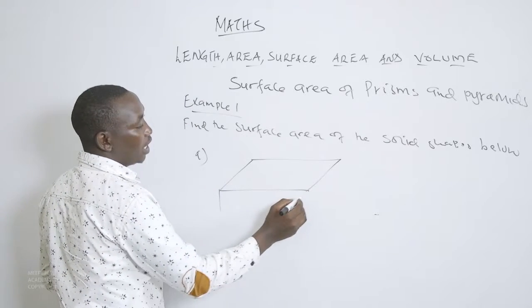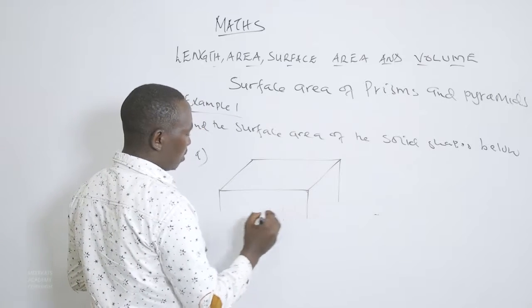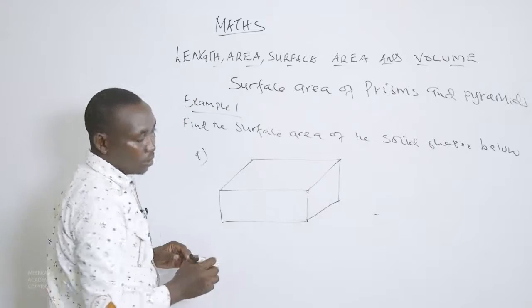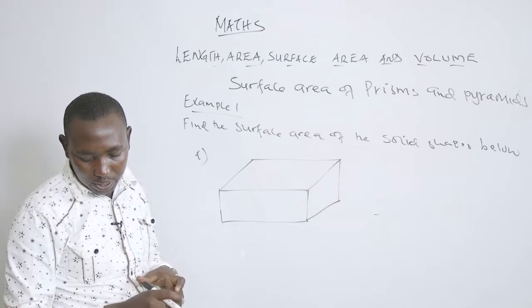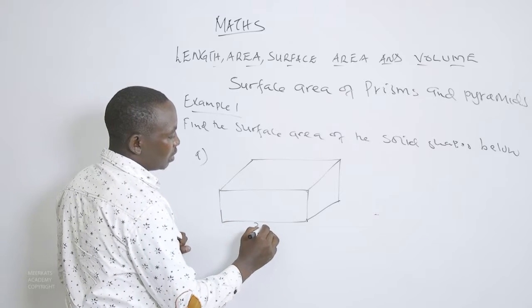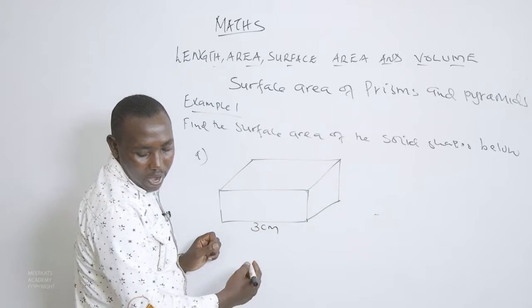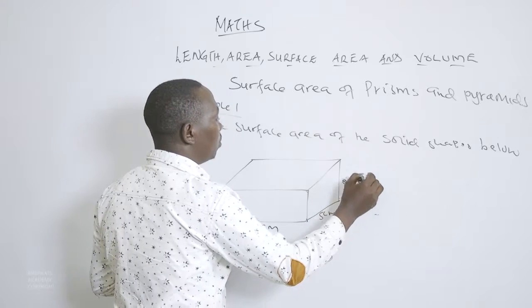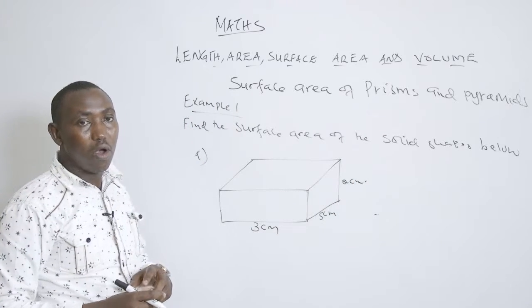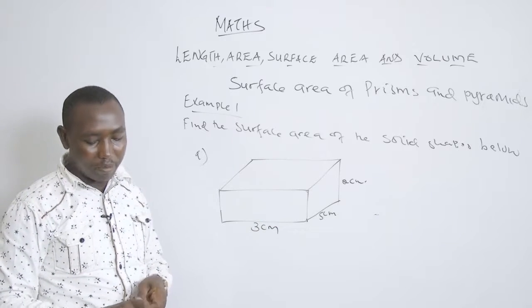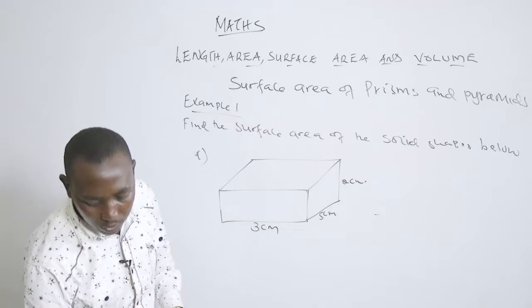Prisms don't have sharp ends. So this particular prism is measuring 3 centimeters by 5 centimeters by 2 centimeters. And this is in the form of a box that has been closed. So we need to find